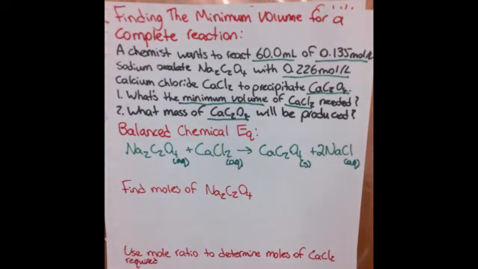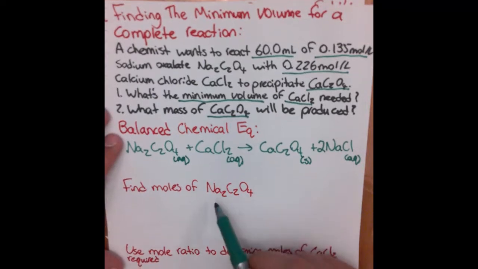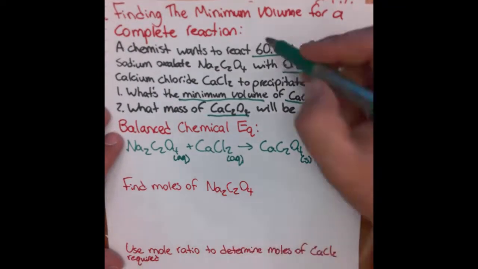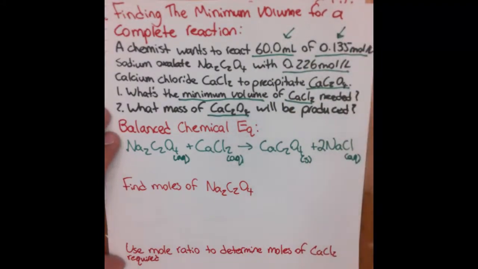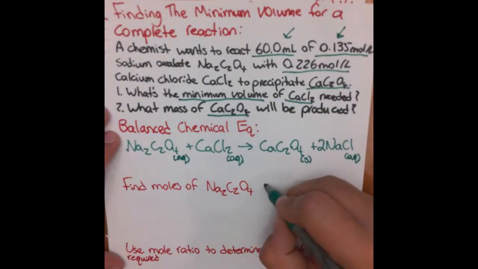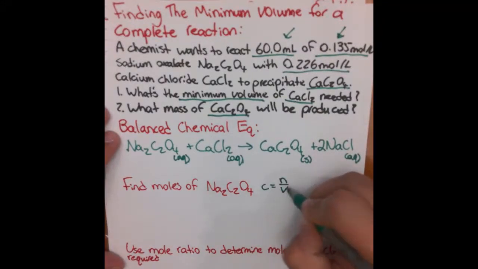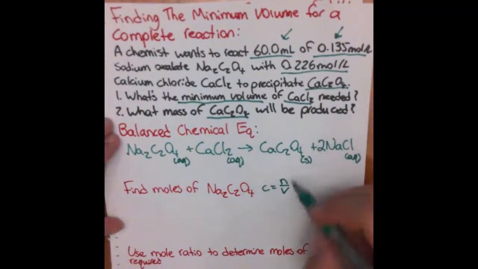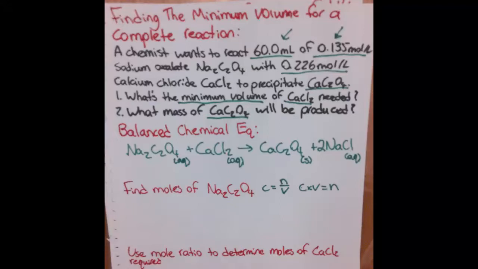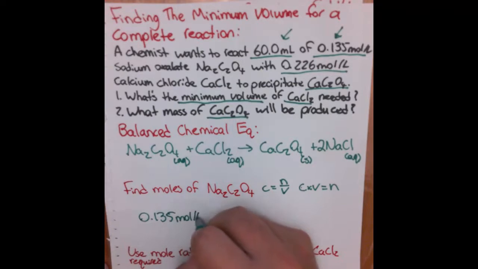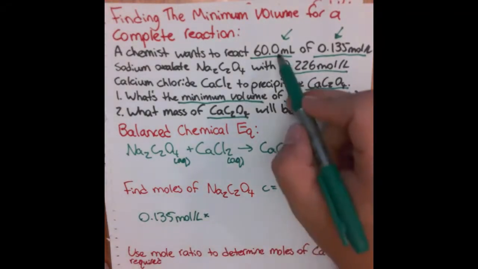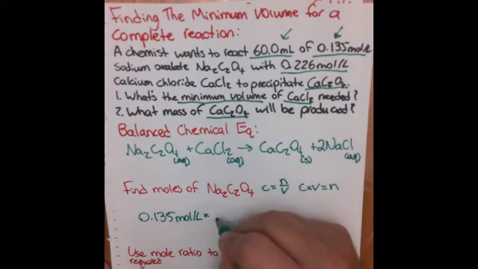All right, so the first step, again, just like everything else, finding the moles of our Na2C2O4. So if we look up in our question, right, we have a volume and we have a concentration. So again, we can use our equation, that is concentration equals our number of moles over our volume, all right? So we're going to rearrange this again, just like the previous question. So concentration times volume equals the number of moles. So if I take my concentration of 0.135 moles per liter, and I'm going to multiply that by my volume of 60 milliliters, which would actually end up equaling